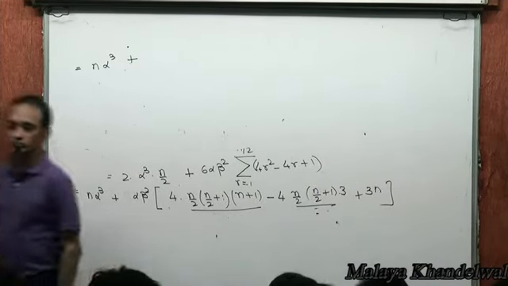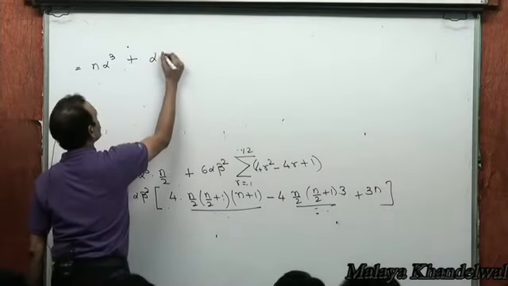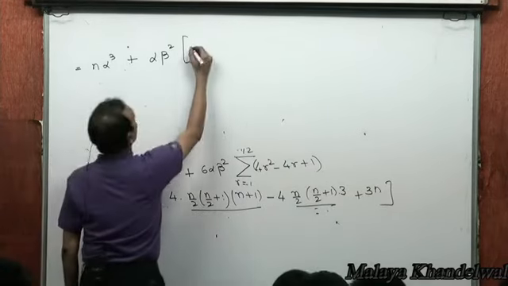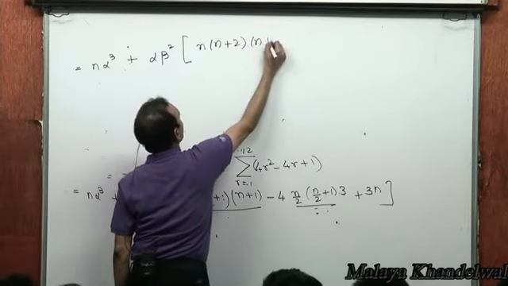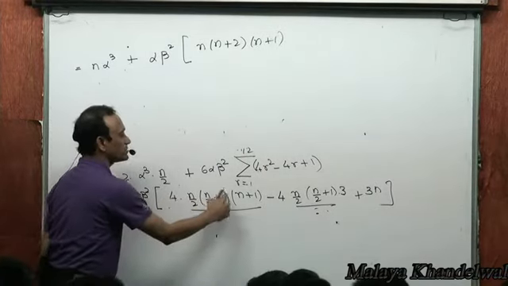Yes or no? The 6 gone inside, plus alpha beta squared into n into n plus 2 into n plus 1, right? I hope you realize that 4 will get cancelled with this, so n into n plus 2 into n plus 1,